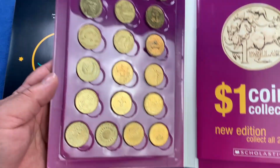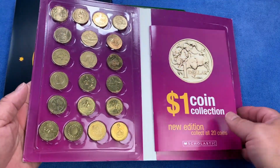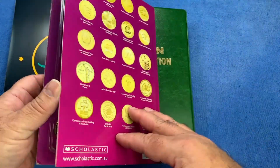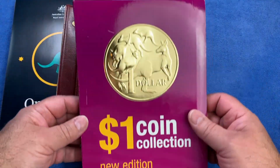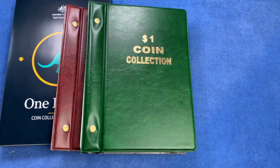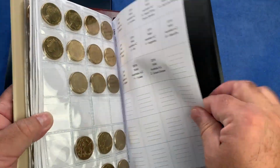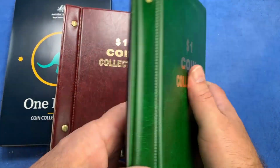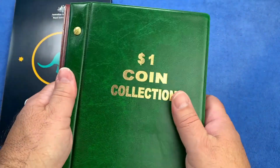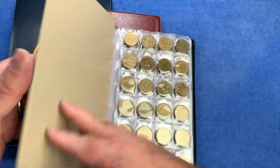It was completely full except for the changeover, and that was the coin that I was trying to find in my first book hunt, filling in this new edition Scholastic $1 coin folder. And then we move to these VST folders. The first one that I completed was black, and so it was black on the $1 and black on the 50-cent. This has got a green cover on it though, because I had to swap it out for